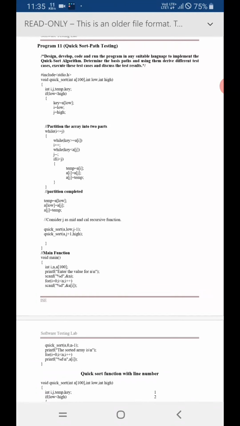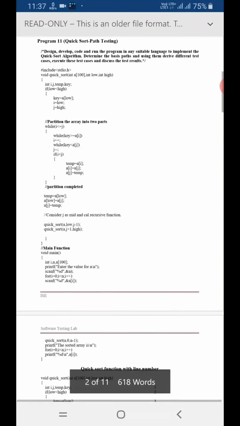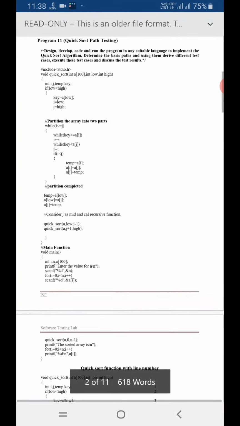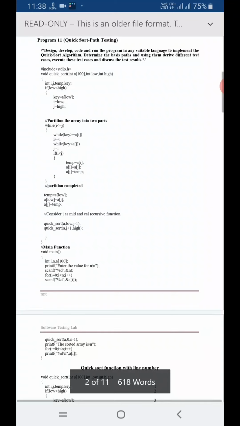So here two approaches will come. One is regarding the program logic and the second one is regarding the testing strategy. I will explain the logic again with an example once we get back to college, but for now I will try to explain with a small example. As I said before, there are two approaches: one to know the program logic, another to know the testing strategy. In program 10 also we followed the same basis path testing.